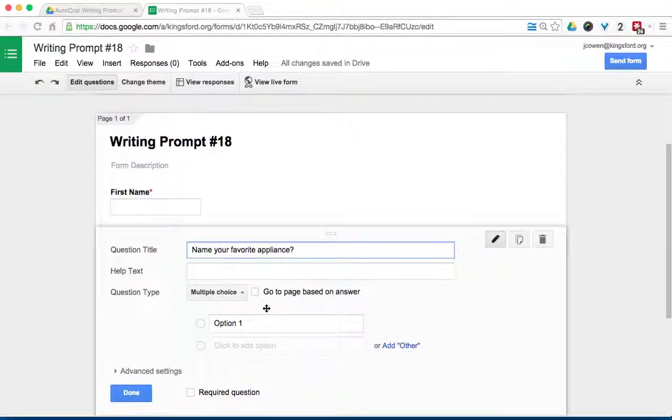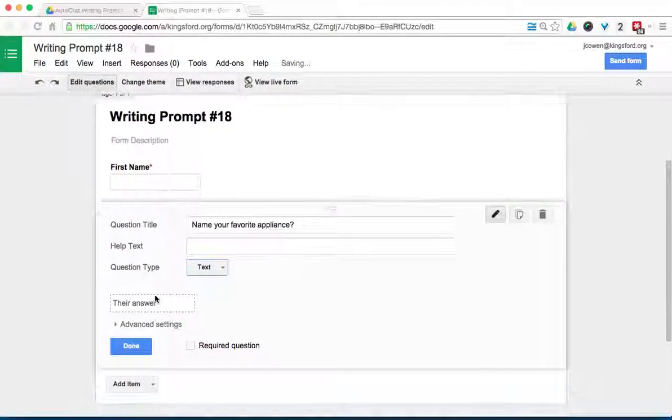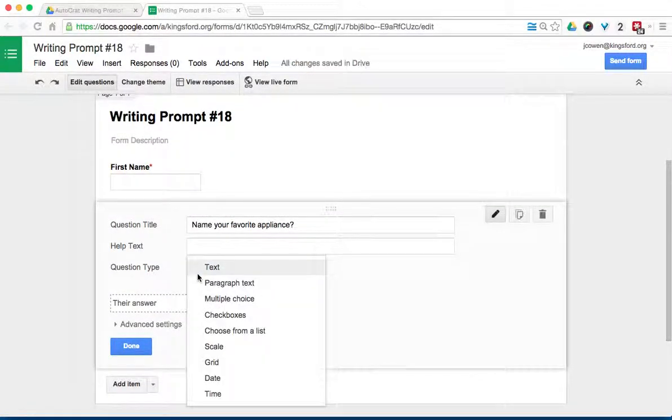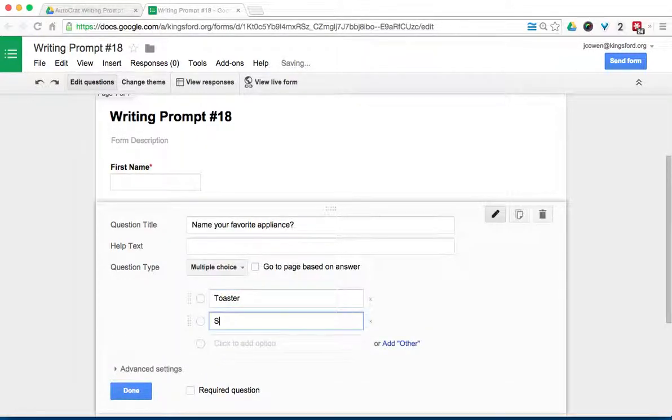Now, in the case of you guys, I'd be scared to see what you would say. All right. You could also do something if you wanted to pick something from a drop-down list. You could say a multiple choice or drop-down, force them to pick one. You know, so I could do something like that. Even I could say multiple choice, toaster, stove,